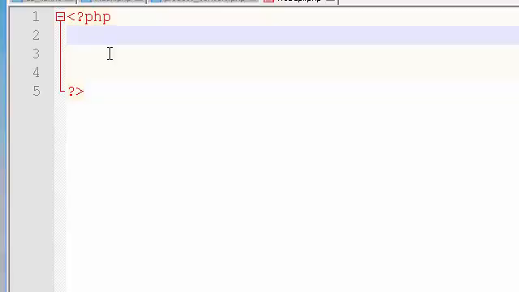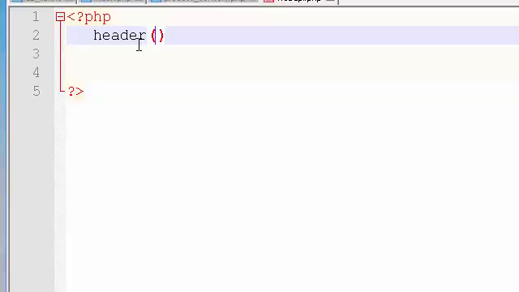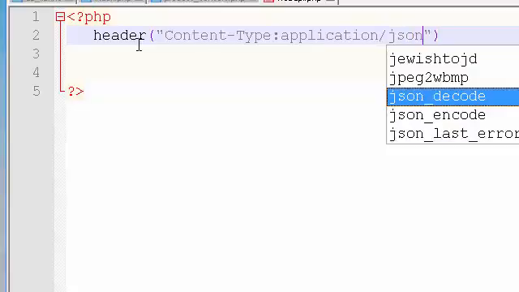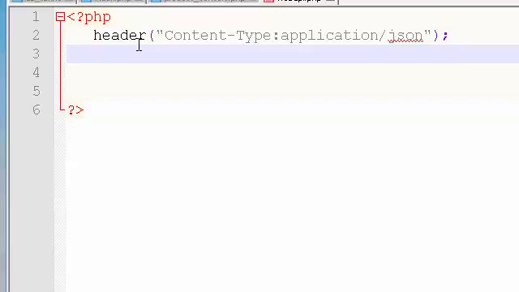So the first thing that needs to be done is we need to set the header to specify that we're going to be dealing with JSON content. We're going to use JSON for this, so we're going to send the data back to the client in JSON for this example, just to mix it up a little bit. JSON is a standard format for transmitting data around the web. It's a little bit smaller than, well, it is smaller than XML,